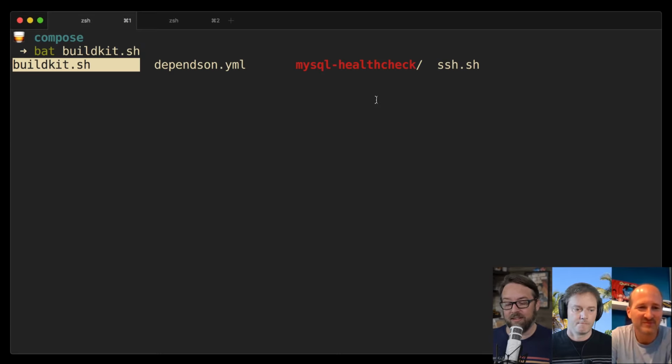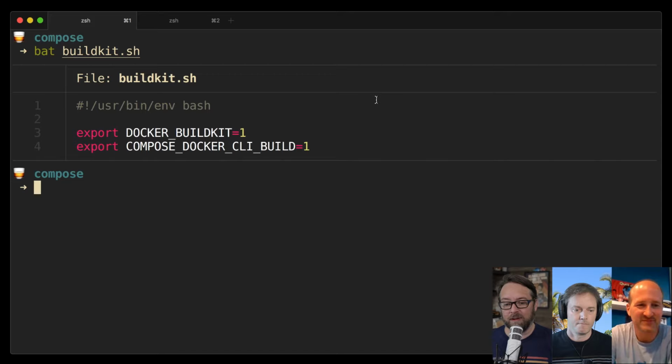Yeah, there's two other quick examples I just wanted to get out there. We talked about BuildKit. BuildKit is the new builder in Docker. You can use it with Compose if you just have these two environment variables set in your shell. And then the other one here